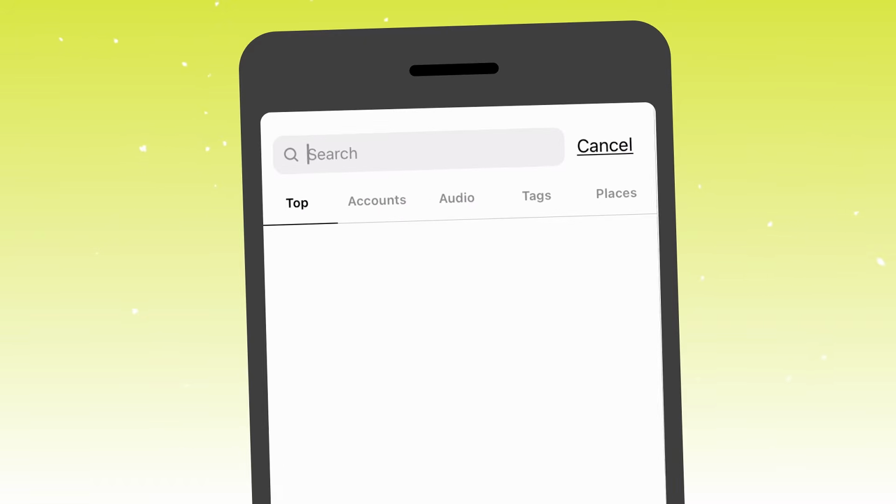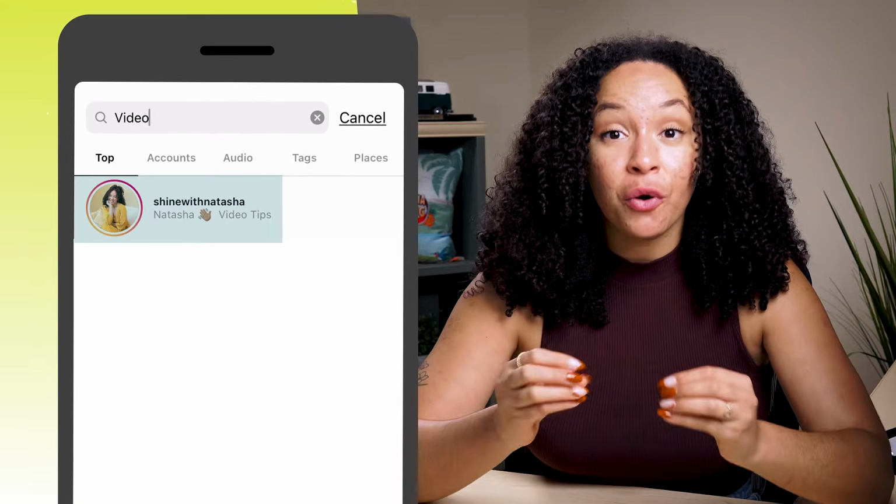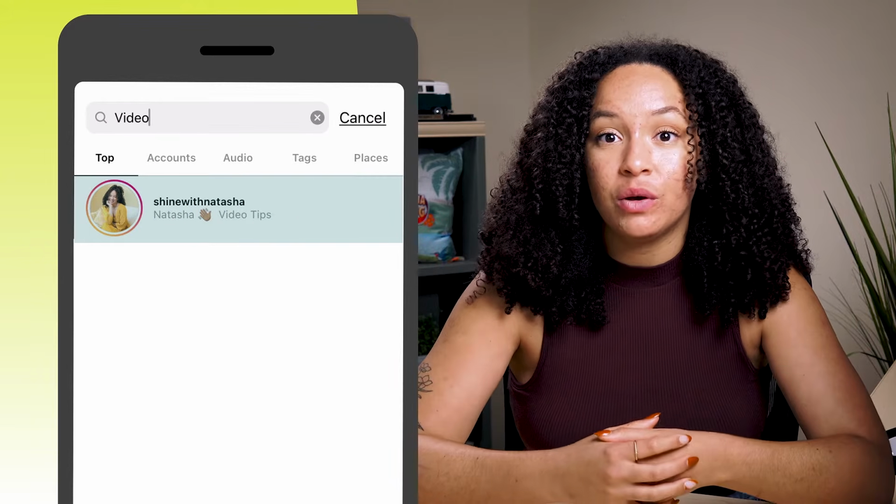This is because when people search things on Instagram, the profile name is one of the first things that will come up. And if people are looking for your brand, whether it's a local bakery or fitness goods, they can search that and your account is more likely to be at the top of the search results.